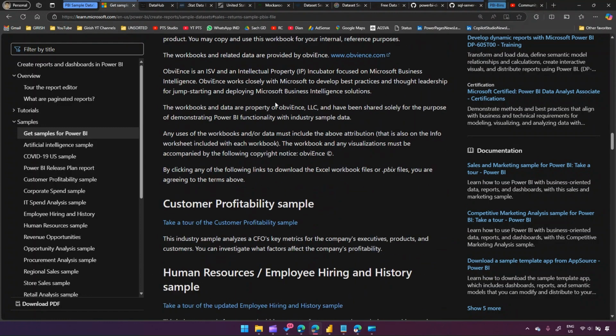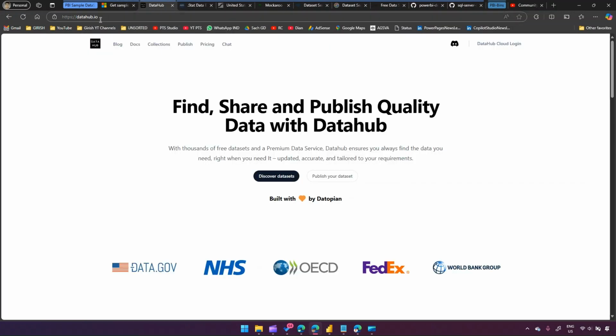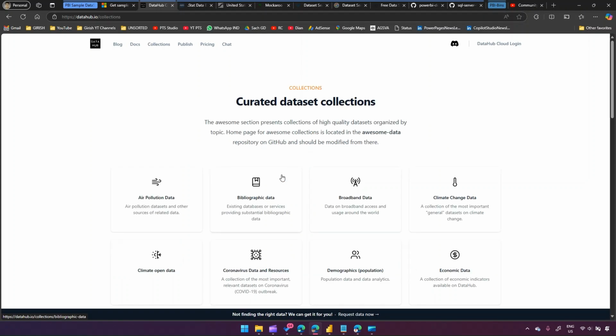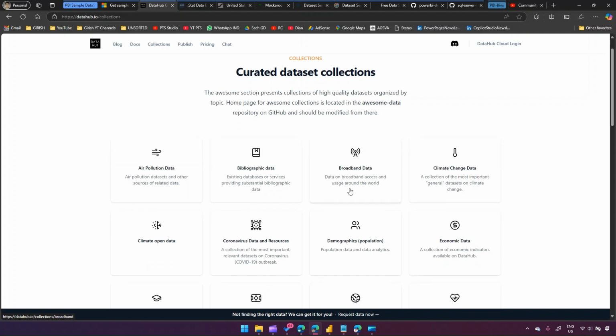Okay, so that's about learn.microsoft.com. Now there is a site called datahub.io. So if you want to have some more real world data, but all filtered out with all those backend information, you can go into datahub.io, click on discover dataset, and then you can generate